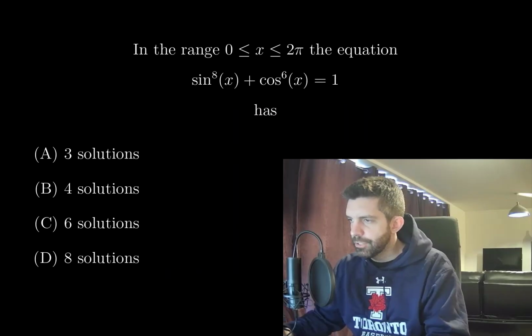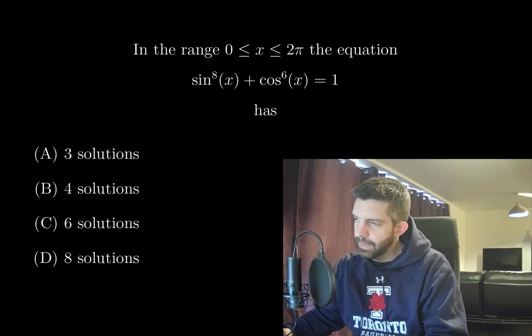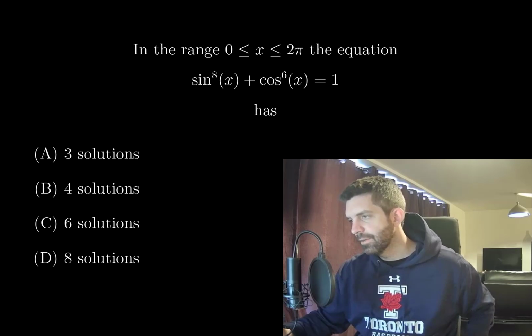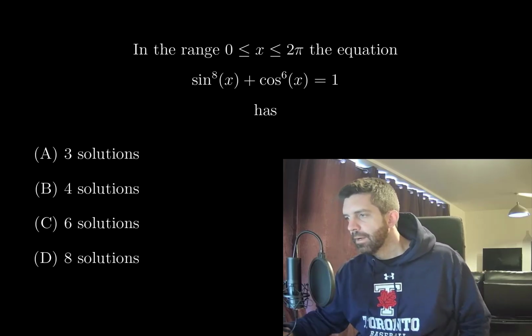In the range 0 less than or equal to x less than 2 pi, the equation sine to the 8x plus cos to the 6x is equal to 1 has 3, 4, 6, or 8 solutions. So my first thought here is to use a trig identity to